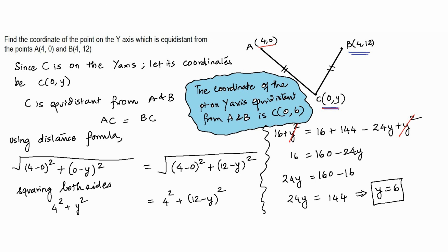Moving on to the next question. Find the value of x if the distance between the points A of x comma minus 1 and B of 3 comma 2 is 5 units. So let us draw a rough diagram. You will notice that every time I draw a diagram, it is not necessarily very accurate in the sense I don't really have to take their coordinates and plot it exactly, but a rough diagram is sufficient, right?